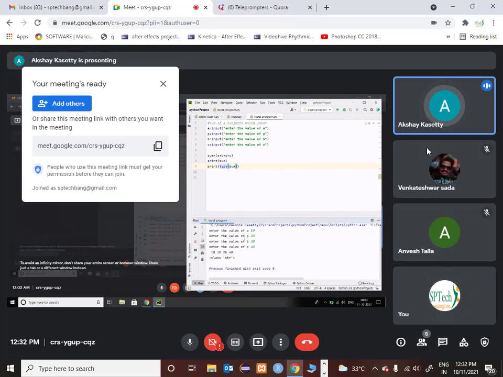Yeah, it says string. And you see the output, it says 10, 20, 10, 30, 20, 40, correct? So it is combining the values, it is not adding the values. Why is it combining? Because all the variables have been taken as string.